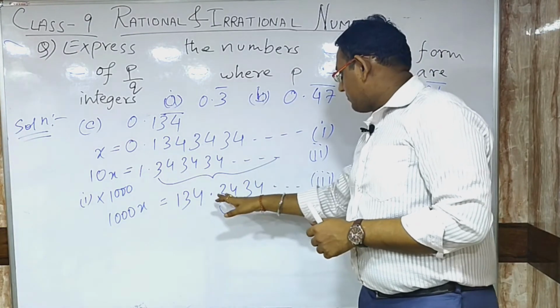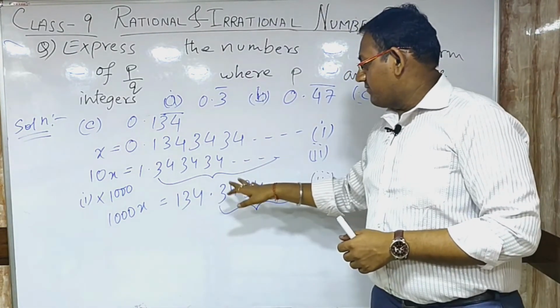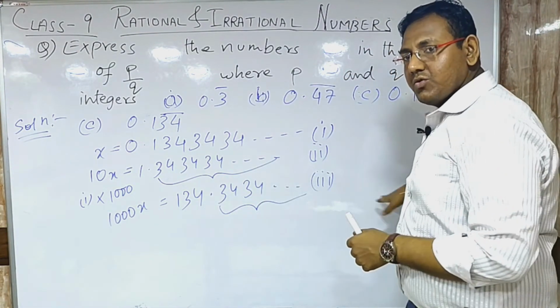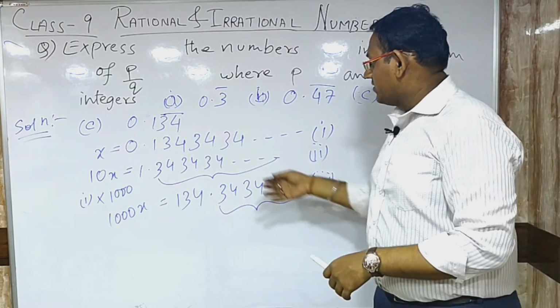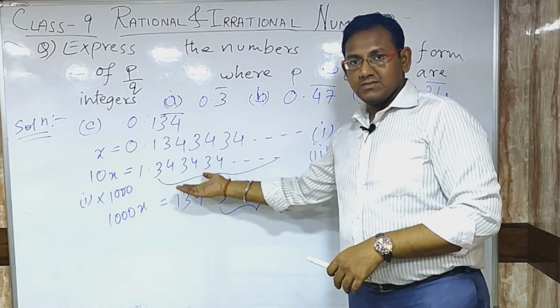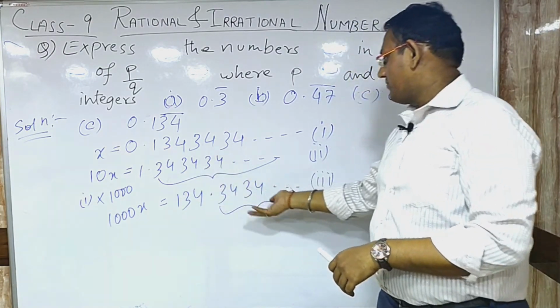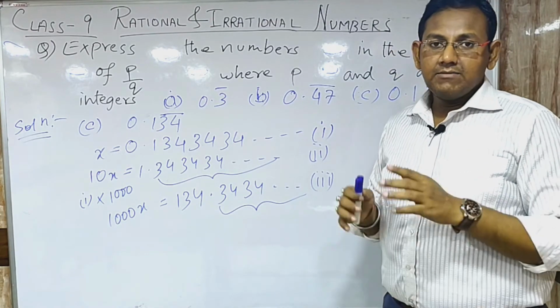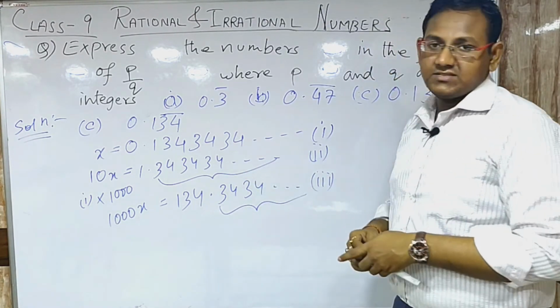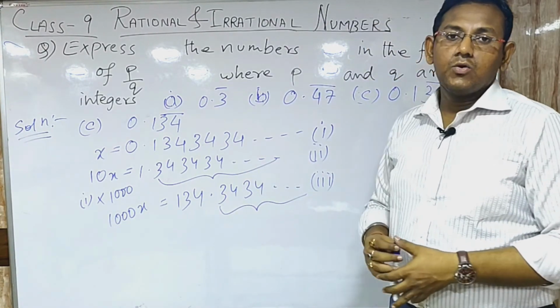That means there are multiple numbers of the values 3434 and it goes on. So it is an infinite value. So don't get confused while representing this as 3 times or while representing this as 2 times. Don't get confused with that part. Remember that it is everlasting. That means this is continuously going.